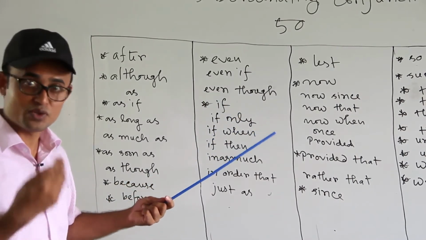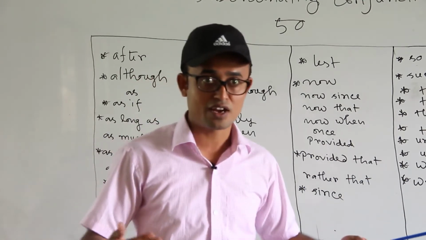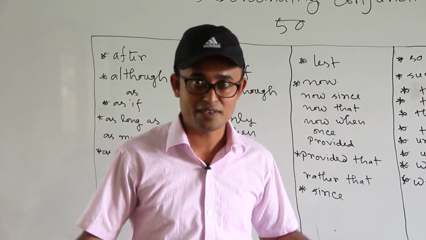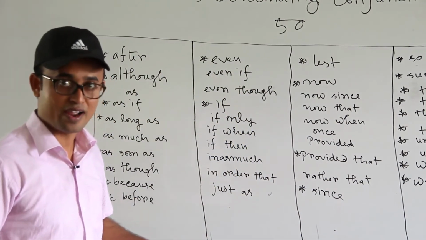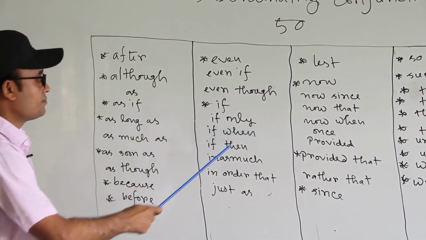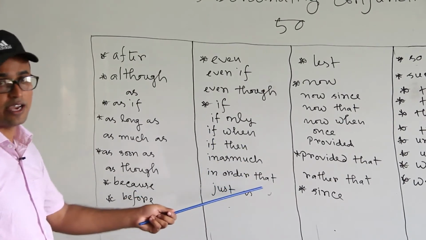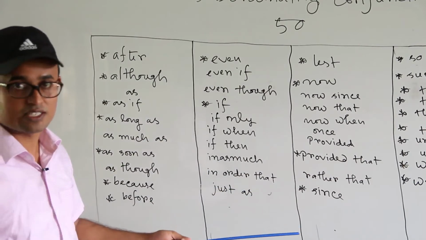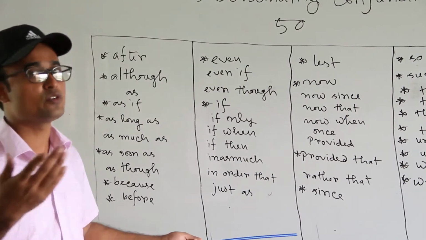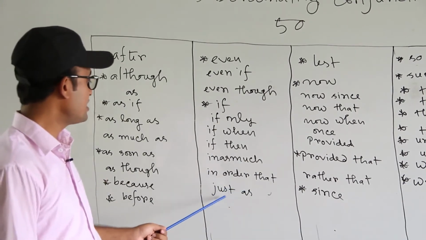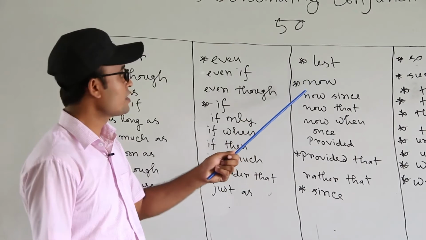Most of the time we use this if subordinate marker. For example, we say that আমরা বলি যে তুমি যদি পড়াশোনা না করো তুমি পরীক্ষায় ফেল করবে. If you don't study attentively, you will fail in the exam. Very common subordinate clause marker. Have you got the point? Then if only, if when, if then, in as much, in order that, that means যাতে, বাংলা বুঝায় যাতে. This is also a very common subordinate clause marker. You find this subordinate marker in your grammar books. Okay? Then just as, lest, this is also very common.